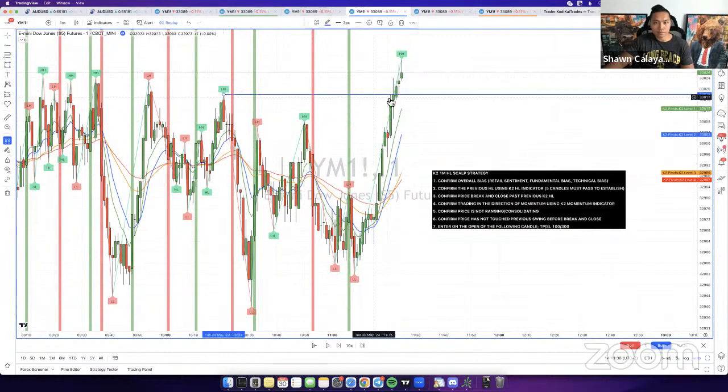So for example, right here, there's another entry right here, but see how this is tested? I see a lot of people who skip step 6. Like, yeah, you'll get lucky and it'll hit, but that's not the strategy, right? So there's an example of no entry there because there's a higher high right there. Price does touch it, so it invalidates step 6. It does break past it eventually, and yeah, it does hit TP.